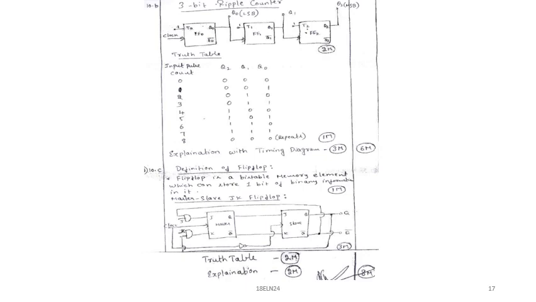So diagrams in the exam carry some marks. Suppose it is a 3-bit triple counter: the diagram has some marks, then the truth table, then the explanation. A very important thing while writing the final exam is that your diagram should be neat. Then waveforms: if there are any waveforms, make them correctly. Then the explanation, then the setup equations also. And while solving problems, generally you will get full marks.